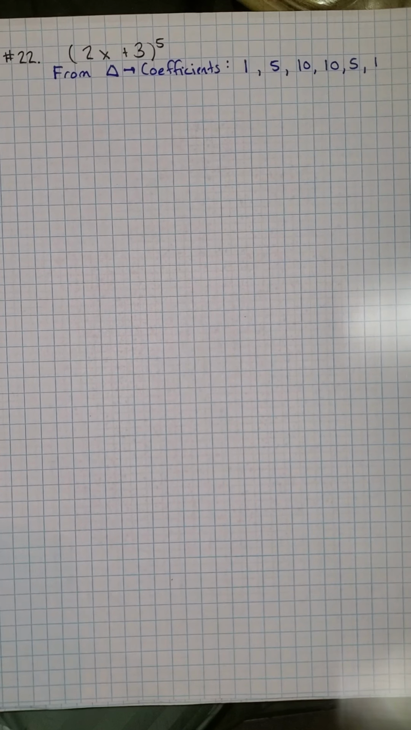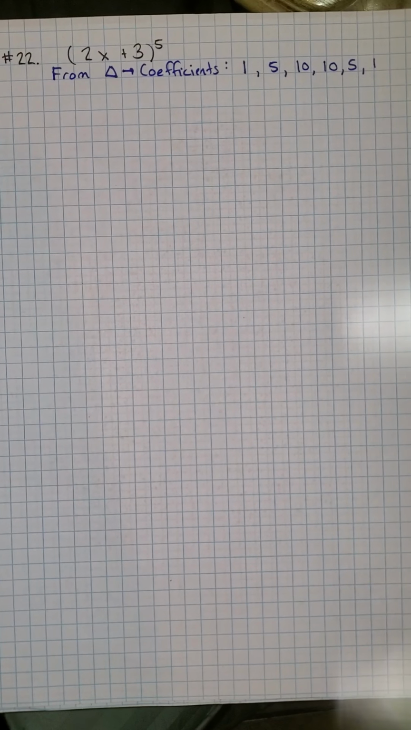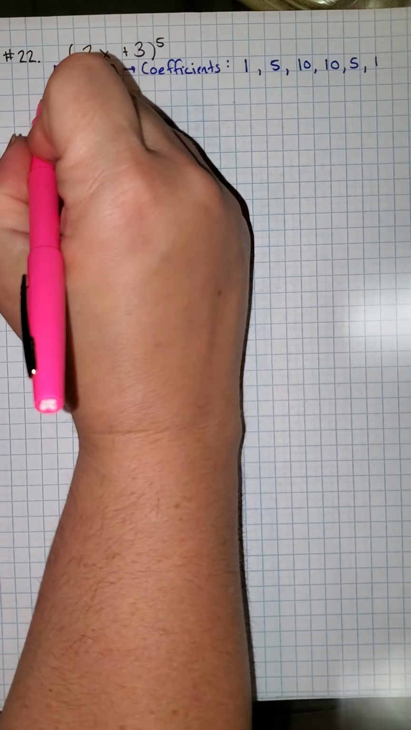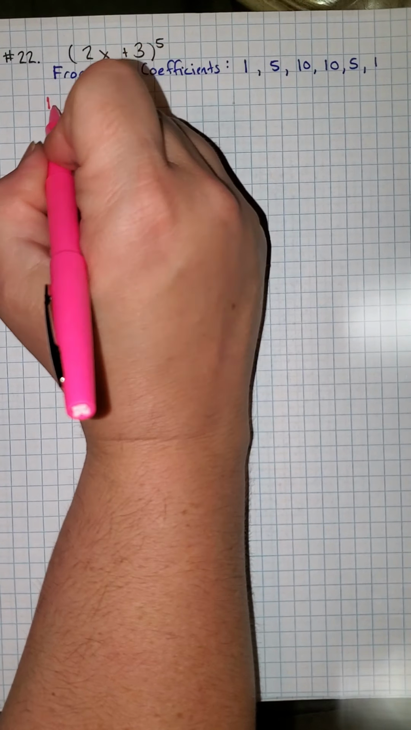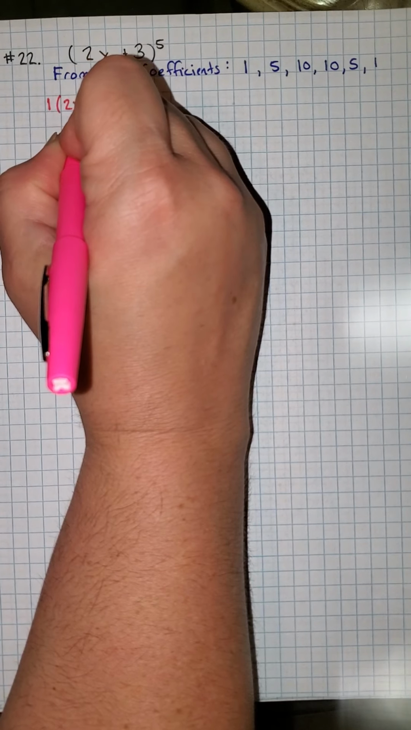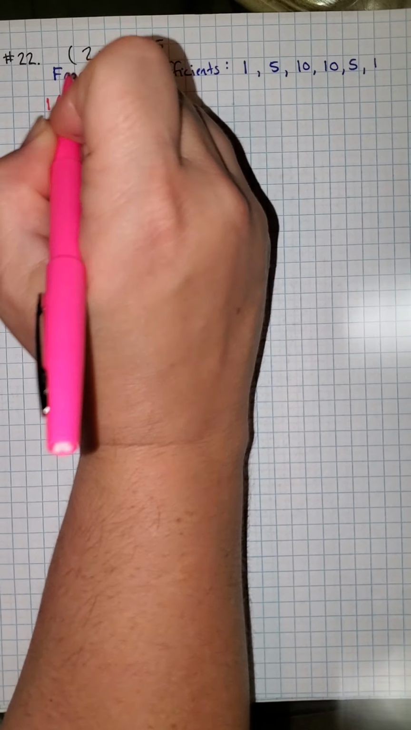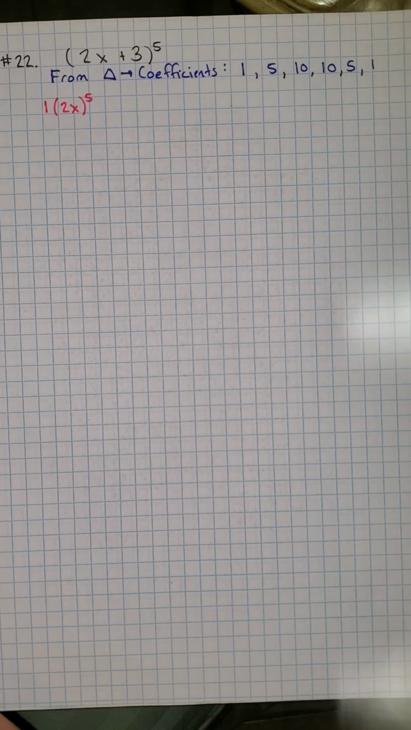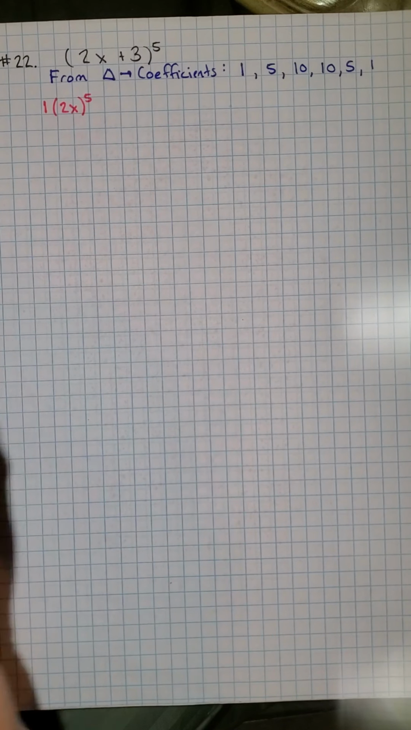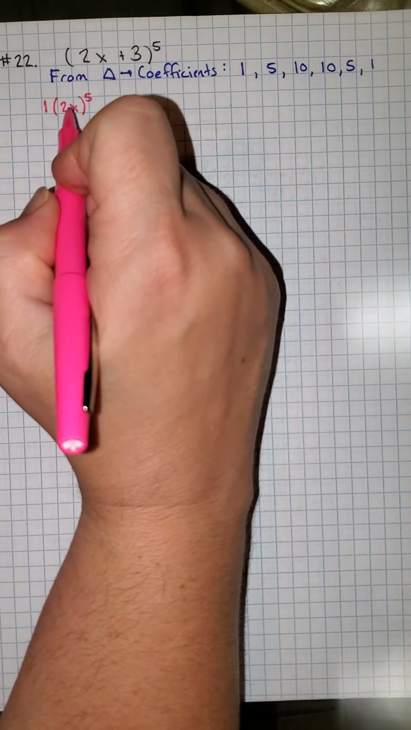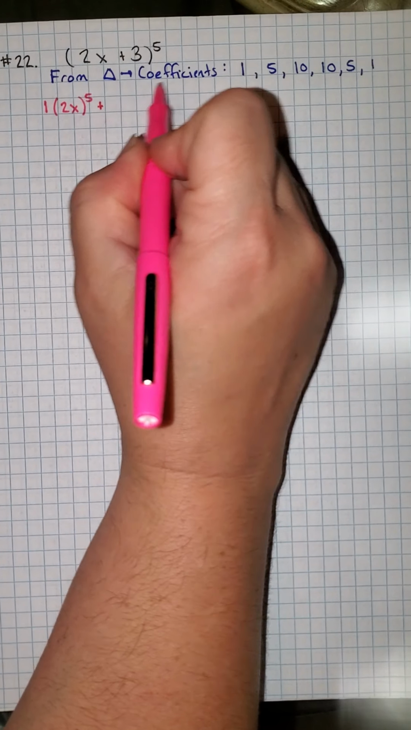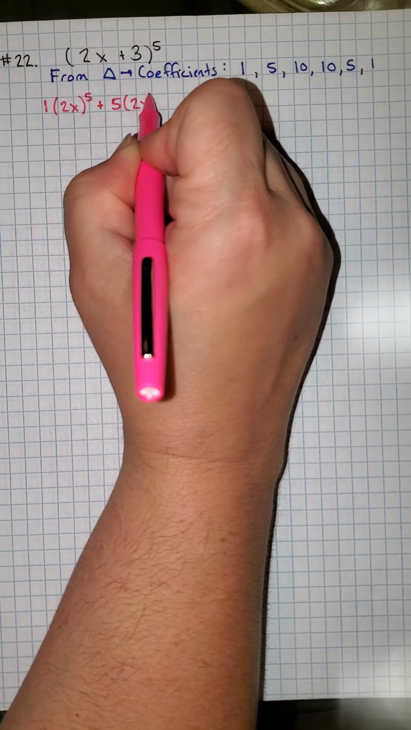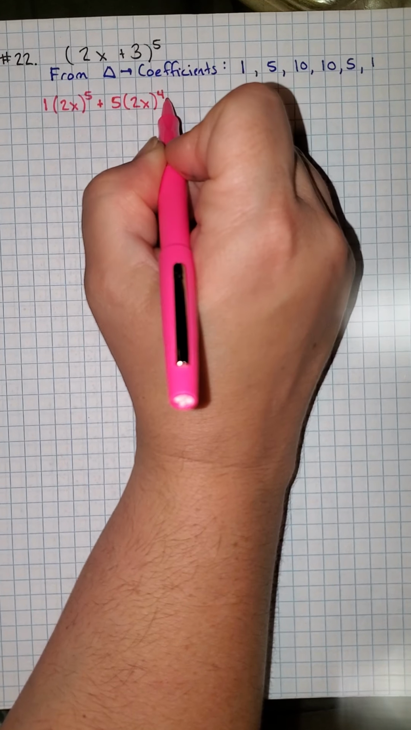All right, so we start with our coefficient of 1. Our first term is going to be to the fifth. Include the 2 with the power to the 5, so it's more than just an x now. Now it's 2x to the fifth, whole thing to the fifth. The 3 is not in the picture on the first term. Plus, next coefficient is 5. 2x will now go down to 4, but the 3 comes into the